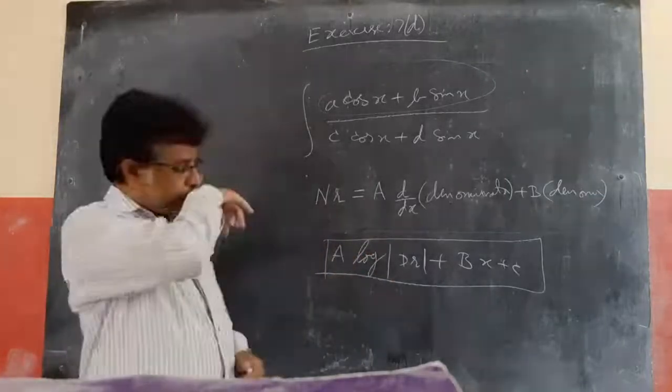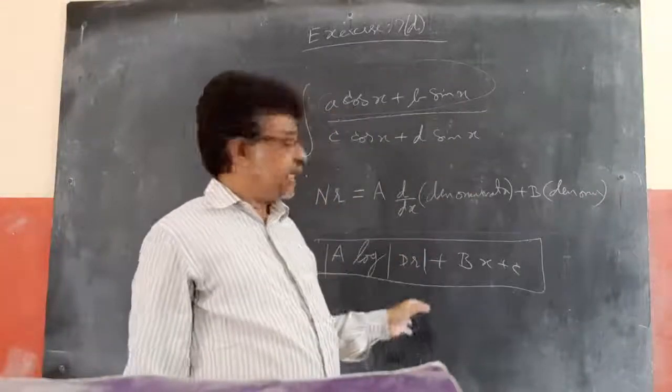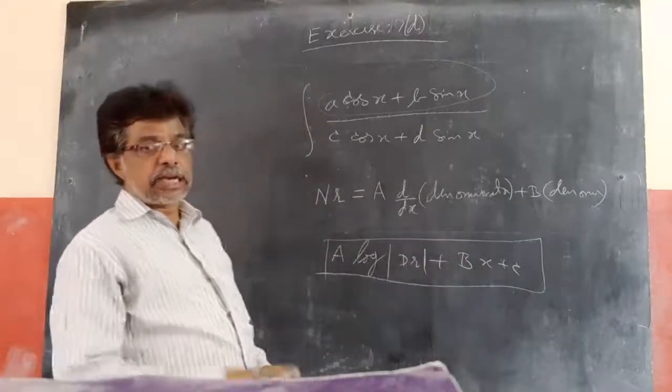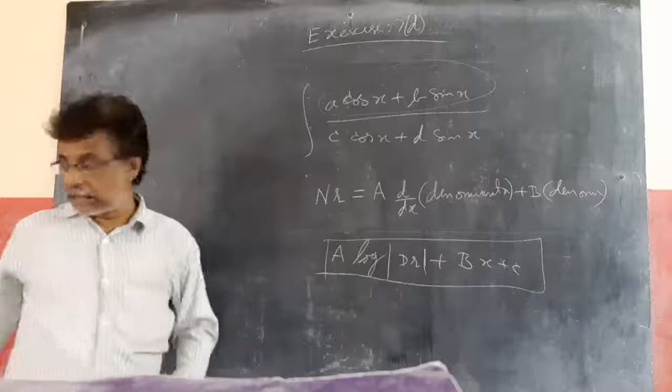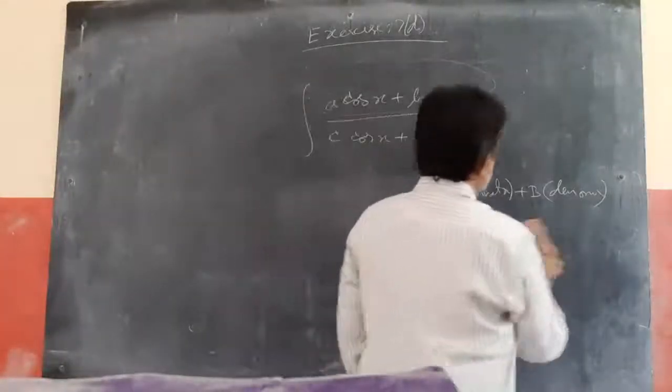So whenever you find numerator and denominator both in terms of sin and cos, you need to proceed like this. This carries you 7 marks. So there are 4 methods, and this is the first method I am taking. Now, if you take one example, you can understand very easily.